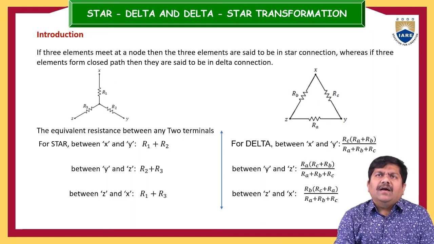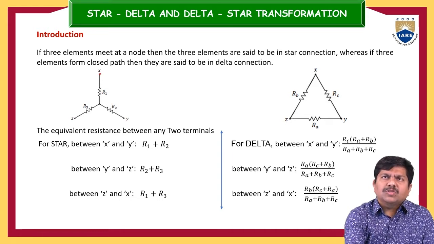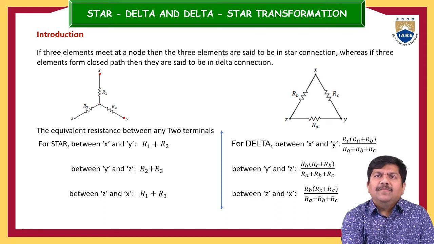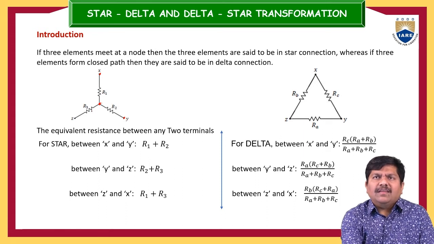See, once again I am presenting the configuration very clearly. This is some starting point X, this is Y and this is Z. Now in this star configuration, the starting points are completely different, but the terminating points of all the resistances are meeting at a point. So this is the star configuration. R1 resistance is originating at X and terminating at this common point. Similarly, the R2 resistance originates at Y and terminates at this particular point. Similarly, R3 resistance is originating here and terminating at the common point. So this is the star.